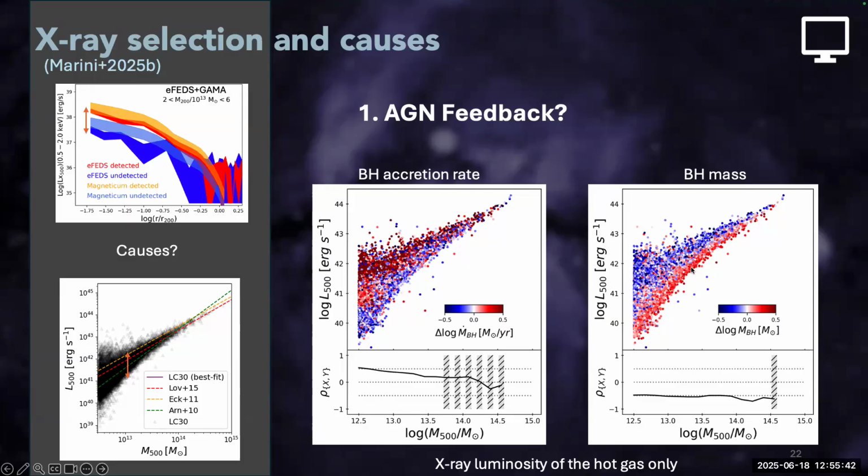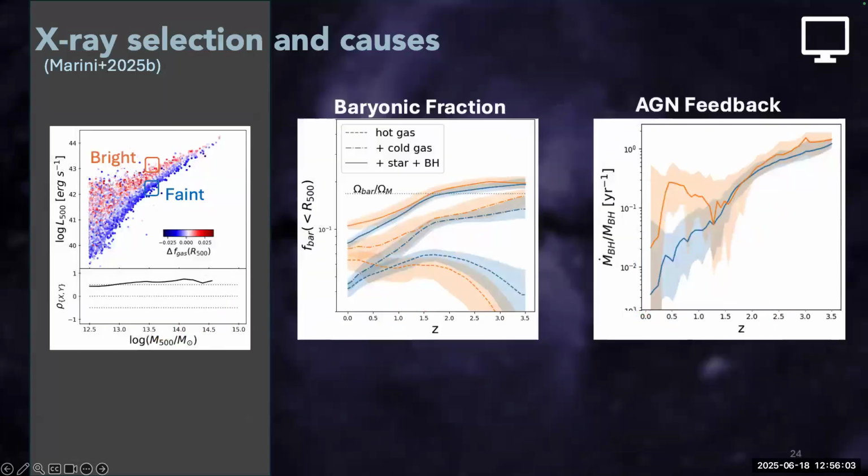So it's basically telling you that the faint objects are objects that have had a lot of AGN activity in the past, and they've stopped today. So the question is, that's great, but why, again, would you have this difference in the history of the black hole at the center? Why should you have objects at the same mass that have differences in the center? So we looked at samples of the objects. We selected bright and faint, as I said before, in a given halo mass. We went back in time,